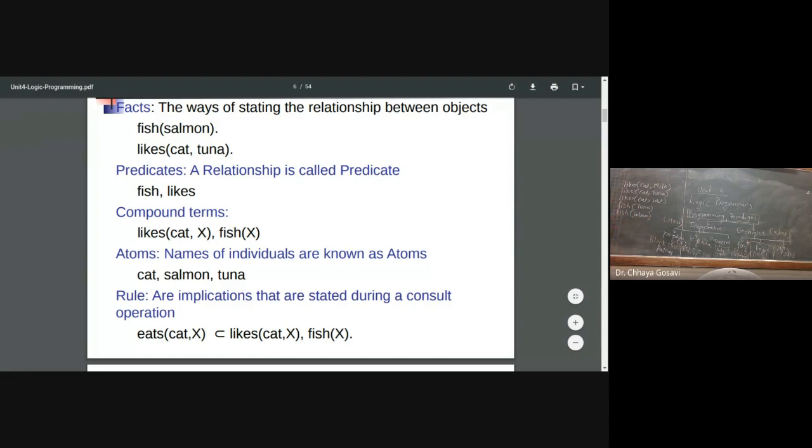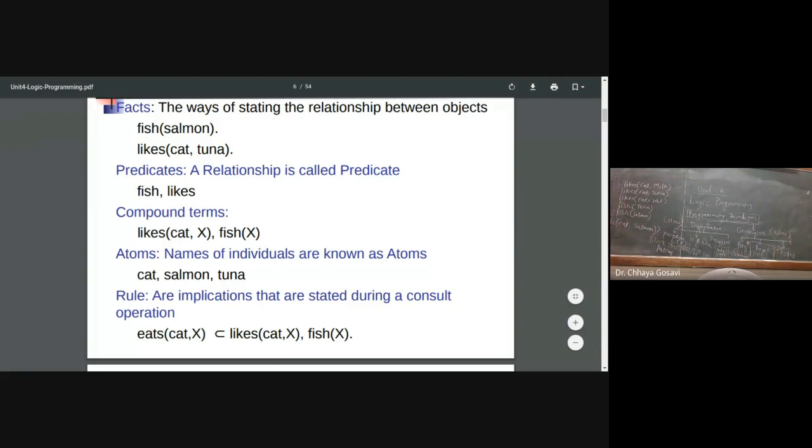And I have to check whether cat eats salmon. Whether cat eats salmon, this can be a query.